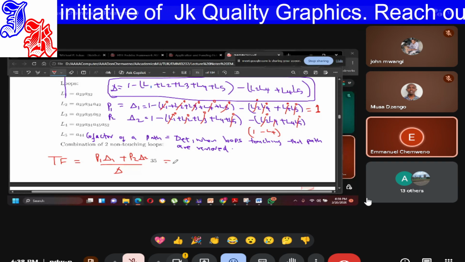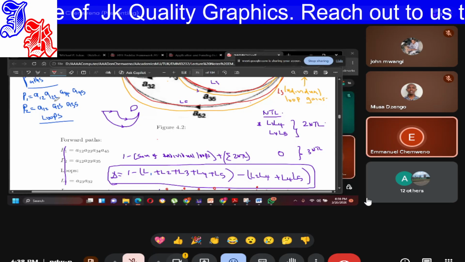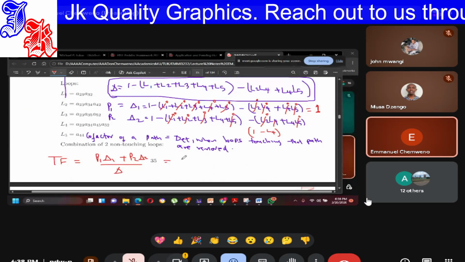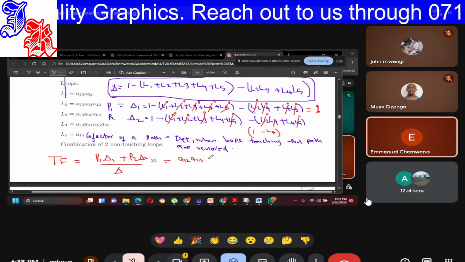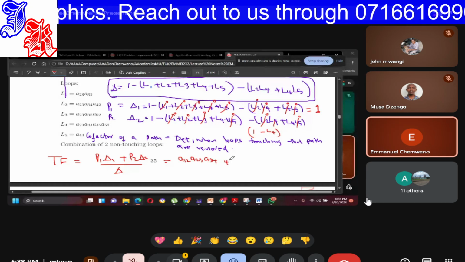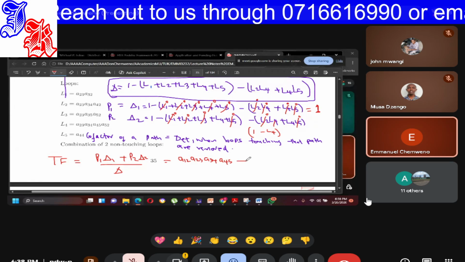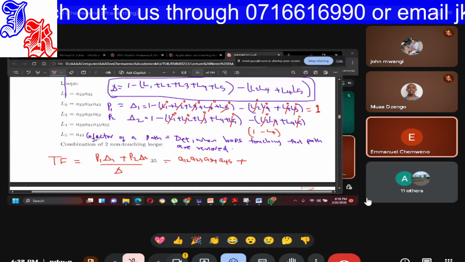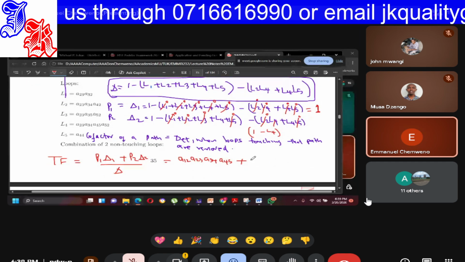Path 1 is A12, A23, A34, A45, times 1, plus path 2, which here is A12, A23, A35,